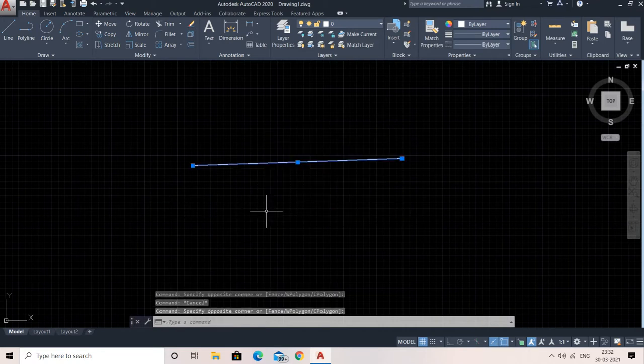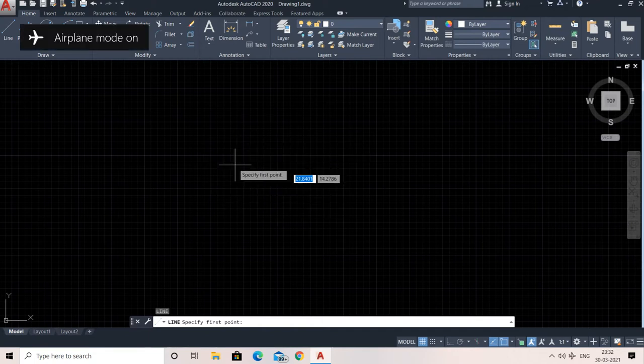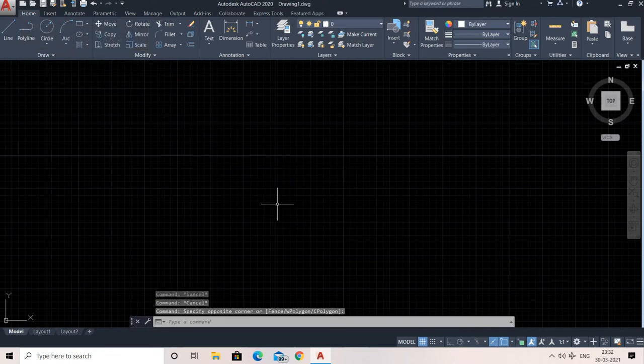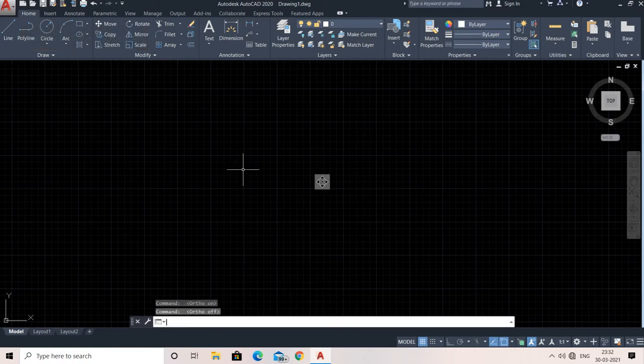After that, I'm going to tell you, if you take any kind of line and you need to drag it, you can see it shows two points: specify first point and second point. Sometimes, irrespective of usage, you may lose that also. This is the dynamic UCS. How could you bring it back? You can see now I am using it. If you press F12, press the function key plus F12, you can see ortho on, off or off, on.